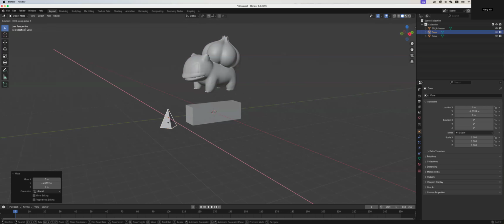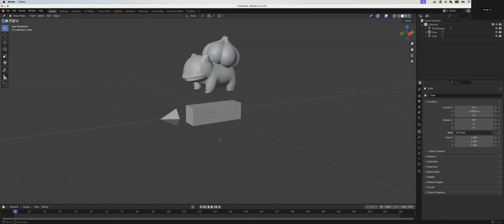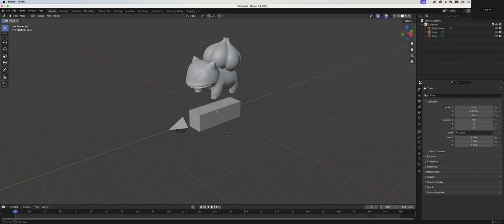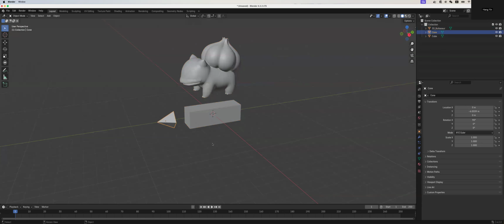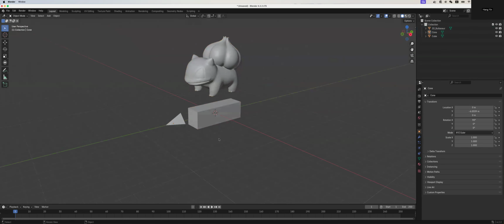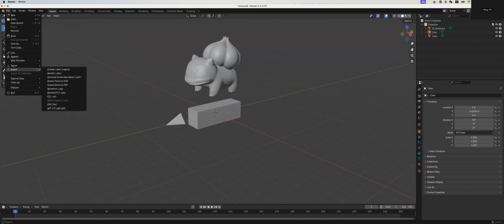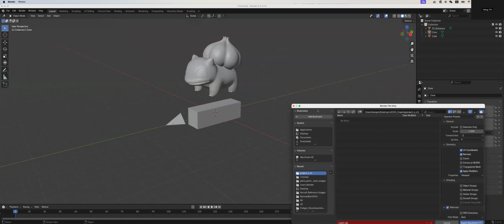If you press X and then press 90 degrees and press enter, hopefully we can see 3 objects in our camera. So let's export this as an OBJ file